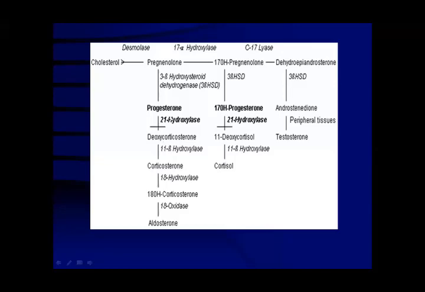This is 21 hydroxylase, the main one. When this is deficient or blocked, progesterone will rise, this product will rise, and androgenic action will be raised. When this hormone is blocked, the dehydroepiandrosterone will be enhanced and elevated. If this is blocked, this product will be elevated. If this is blocked, this will be elevated. So all the previous backward line will be elevated and the forward line will be low in amount.